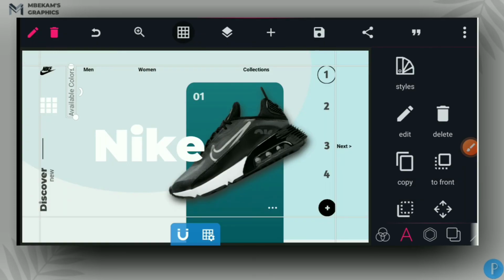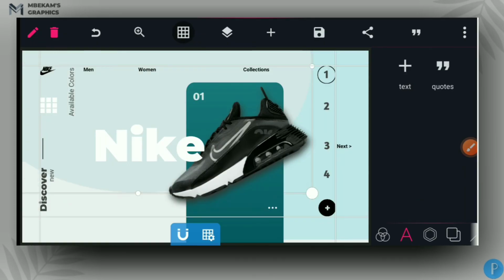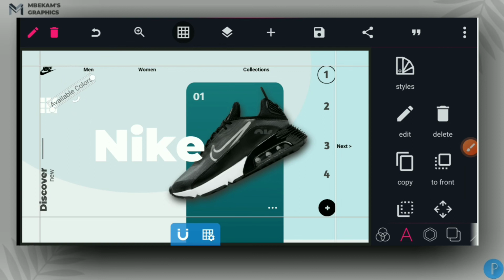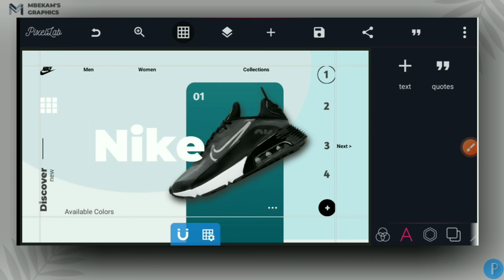Insert. Oh, sorry about that. So if you have issues that you'll be disturbing your elements, what you need to do is lock them up. If you don't want to have that issue, just make sure you lock them up. So we're going to do available colors here. Now for us to do that, we're going to insert